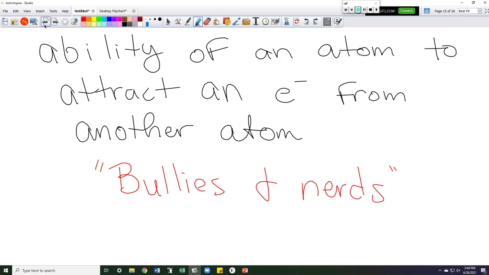All right, so again, one more time: where is it in terms of its location? Top right. All right, so let's just think for just a second. If fluorine is the biggest bully, most electronegative, top right, raise your hand, don't yell at me. Where do you think, location-wise, the biggest nerd is? Bottom left. Trinity, bottom left. Who is bottom left? Francium, that's what I want you to write.